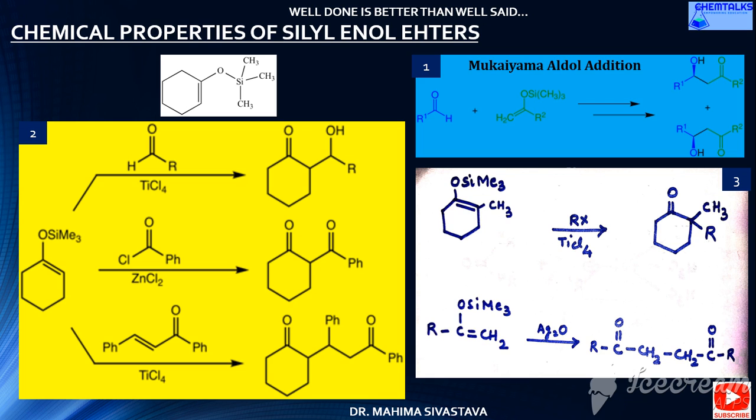So proceeding further, we come to the chemical properties of silyl enol ethers. Now in the first small box, you can see the structure of silyl enol ether. Box number 1 shows